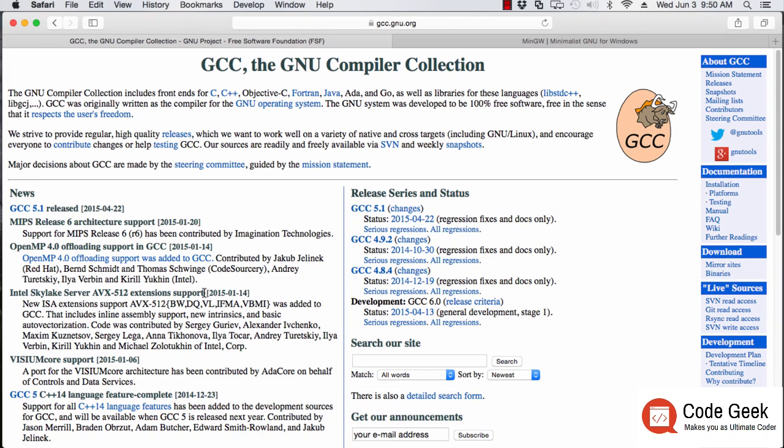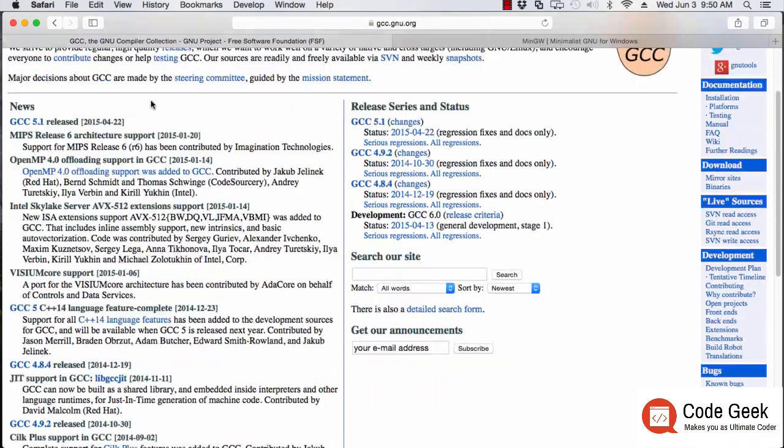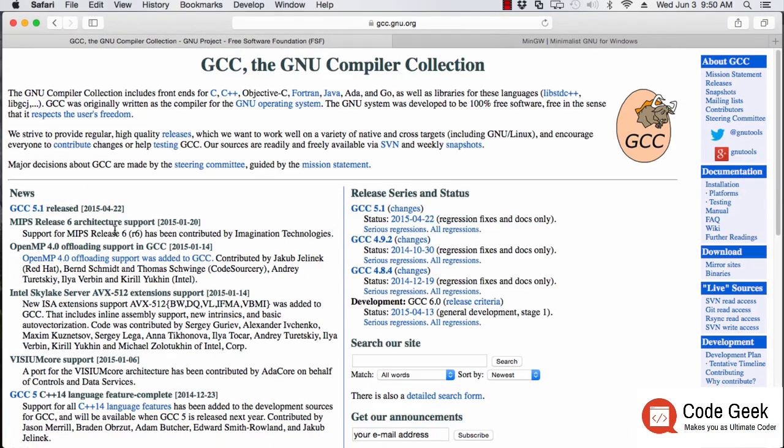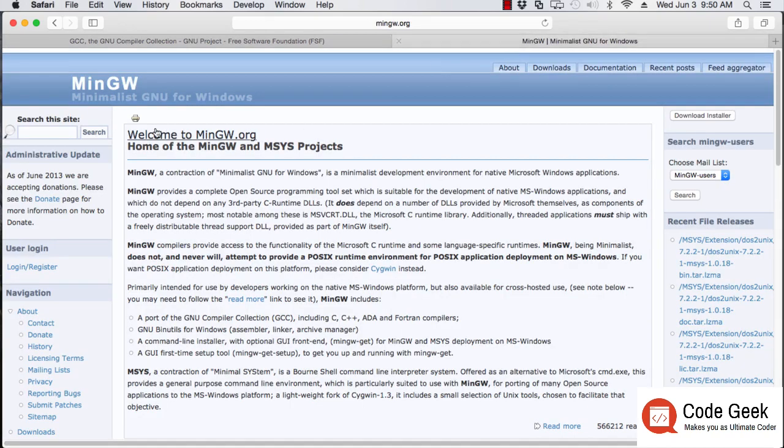So where do you find this information? Well, first of all, you can look up at gcc.gnu.org all the information on the GNU C compiler collection. So you can find a distribution for your system right here. If you are on Windows, you should look at